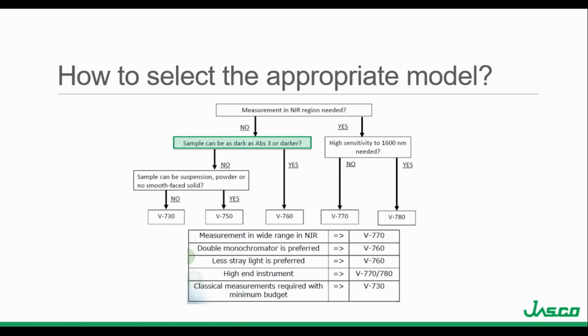If your sample absorbs less than 3 absorbance units, then you need to think, okay, well, do I have a suspension, a powder, a liquid, a solid? And those options are the V730 and the 750, and depending on what sort of samples you have or what sort of accessories you want for your instrument, you would either go with the 730, which is more of a routine measurement system with a more minimal budget, or a 750, which is a little bit